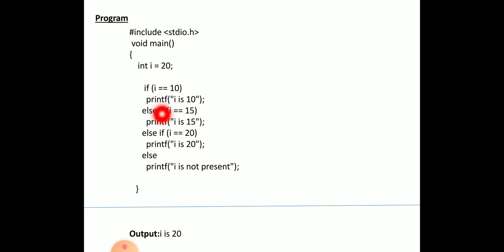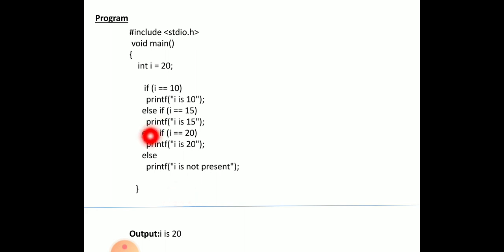Again the condition becomes false, so it transfers control to the other else if statement, else if I equal to 20. Here the condition becomes true because the I value is equal to 20. So the control will be transferred to the next statement, printf I is 20, and our output will be I is 20.